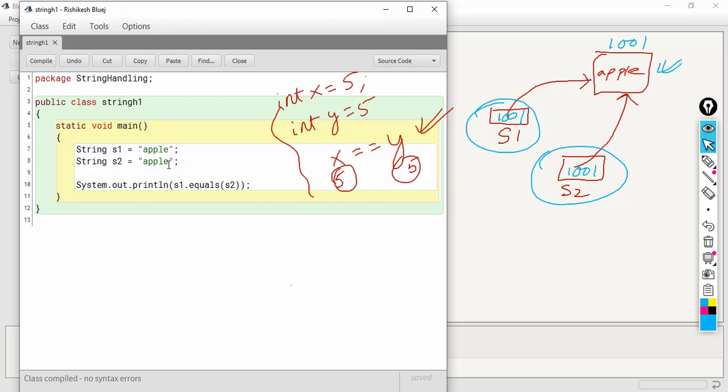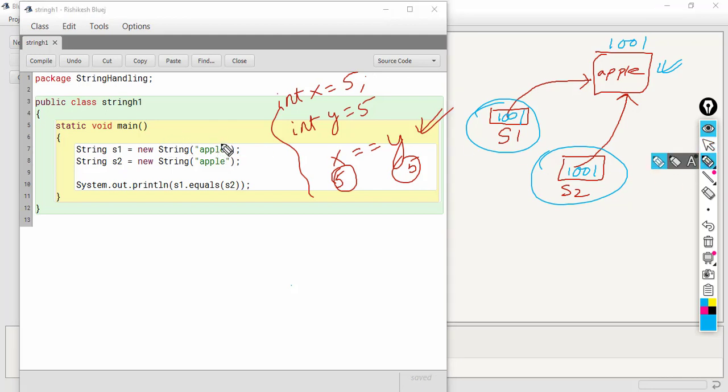So let me make it clear to you by using another example. Instead of creating the string like this, let's create the string through the explicit method that we discussed in video 1. So here I am creating the string using the explicit method. So this time the JVM will not check whether this apple string is already there in the memory or not. It will not check, it will create a new object apple. And then when I create the second string object using the explicit method, and I provide the same string here,